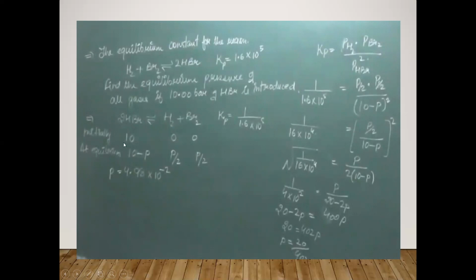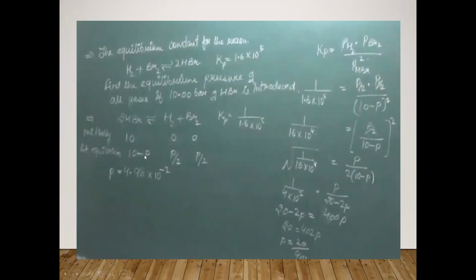Clear? Now what he is saying, when we are starting the reaction, the pressure of HBr is 10. So we will write here 10. अब जब रिएक्शन स्टार्ट हुई है उस वक्त तो इनका कोई प्रेशर नहीं होगा, बिकॉज अभी तो ये बने ही नहीं है. सो जितना भी प्रेशर है वो इसी का है, दैट इज 10 बार. नाउ एट इक्विलिब्रियम, जब इक्विलिब्रियम आएगा तो इसका प्रेशर कुछ कम होगा. वाई कम होगा? बिकॉज इट विल डिकम्पोज इनटू हाइड्रोजन एंड ब्रोमीन, है ना. तो जब ये कम हो जाएगा तो इसका प्रेशर भी कम होगा. तो लेट्स सपोज कि इसका प्रेशर P कम हुआ, तो 10 माइनस P.